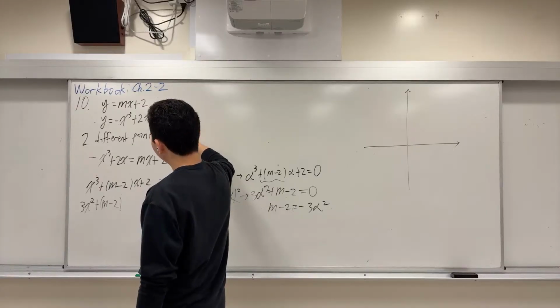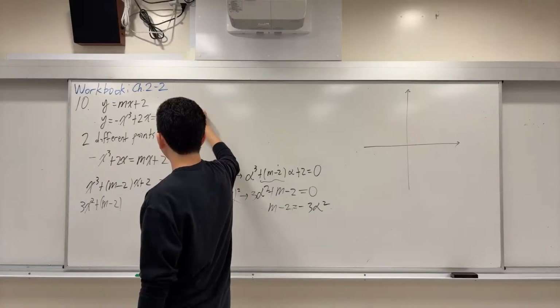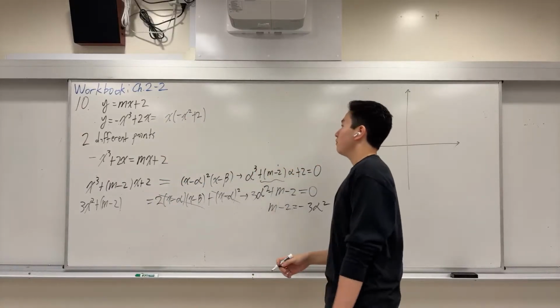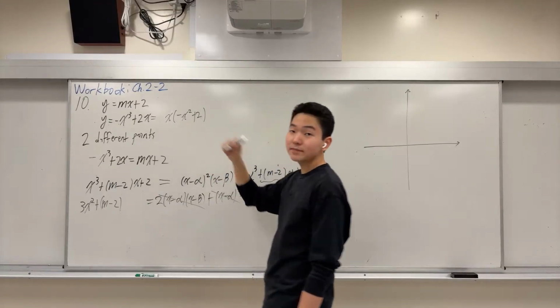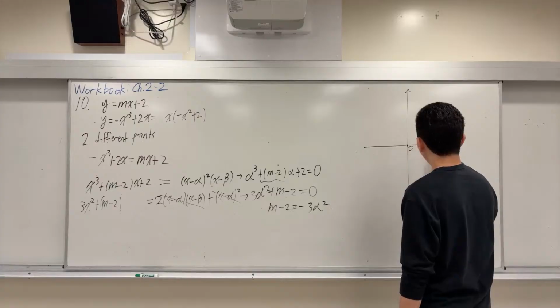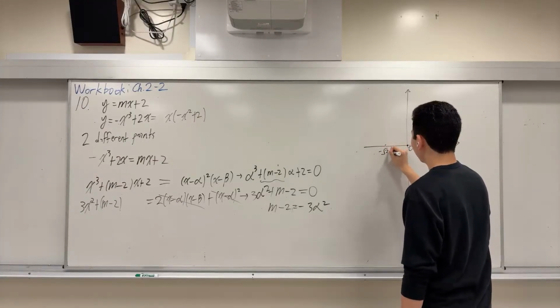Do I want to leave the negative? Okay, I'll not leave the negative out, and then I'll have negative x squared plus 2. So we can actually find all our solutions here, right? So the solutions are 0 and then plus and minus square root of 2. So we'll have 0 and plus square root of 2 and minus square root of 2 as our points of